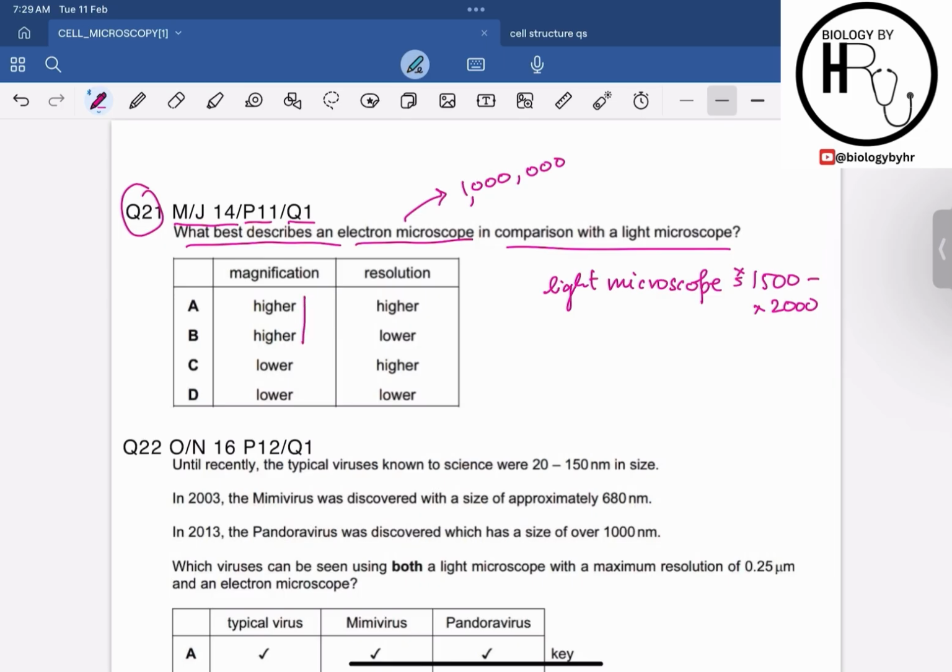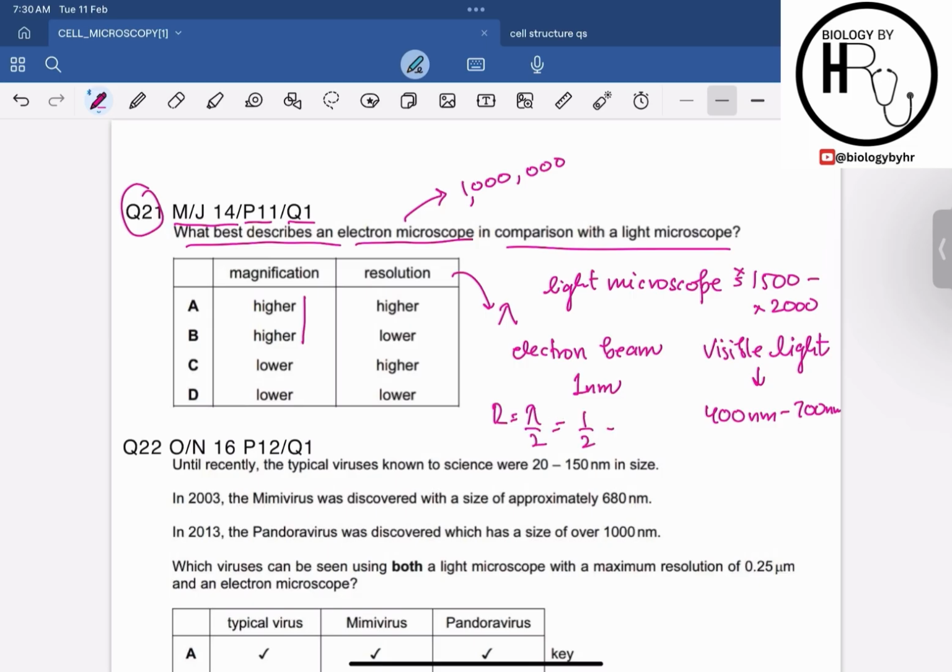And if I talk about the resolution, resolution is dependent on the wavelength, and we know that the electron beam has a much lower wavelength, right? Which means that it has a wavelength of 1 nanometer approximately. And if I talk about the light microscope where the visible light is used, the wavelength is from approximately 400 nanometers to 700 nanometers, right? And resolution is wavelength divided by 2. 1 divided by 2 is equal to 0.5 nanometers, and 400 divided by 2 is equal to 200 nanometers,